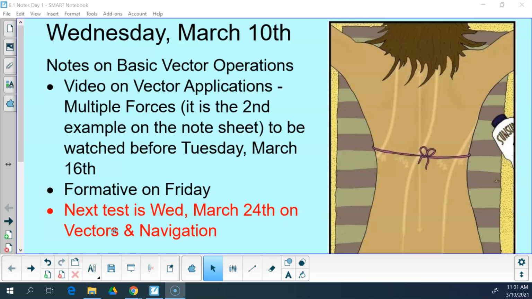Then, today we're going to start 6.1, vector operations, or intro to vectors. And that's going to take us through next week. So today and tomorrow we'll be in class, so we'll be doing stuff out of our purple packet. If you're off tomorrow and want to join one of the classes, the list of the times when classes are is on the It's Learning page for you to join in if you want some more vector work.